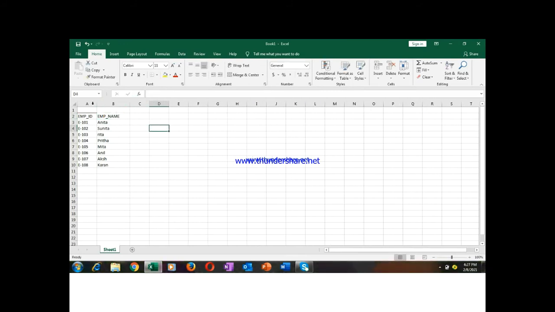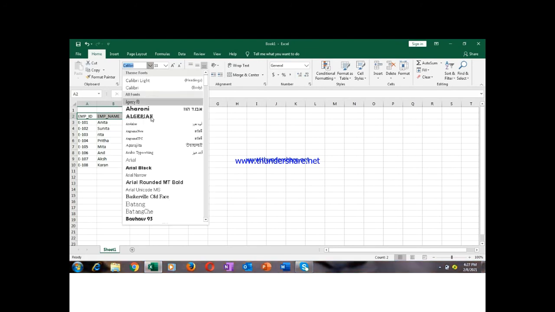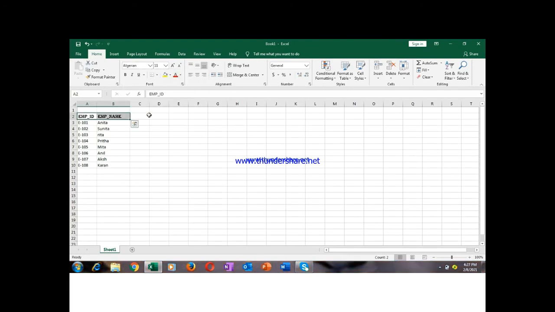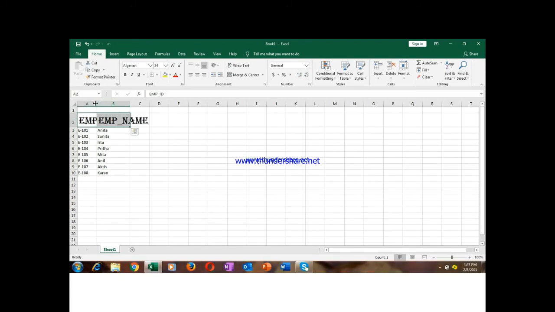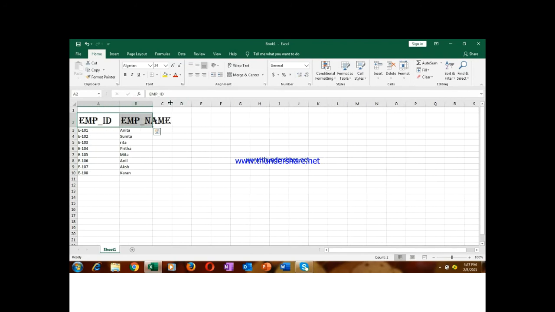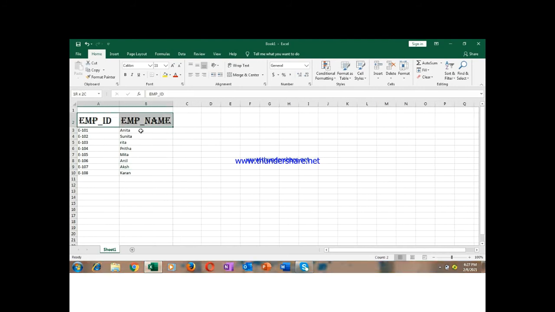So now you have to just increase this to make it correct. Now suppose we have to use the formatting. So how I am formatting it: first we need to increase this size. You just take any font, whichever you want, from here. Suppose I am taking this one, and the size we need to increase more, 24. And now increase the width also. I have already told you how to increase the width in the previous video chapter also.